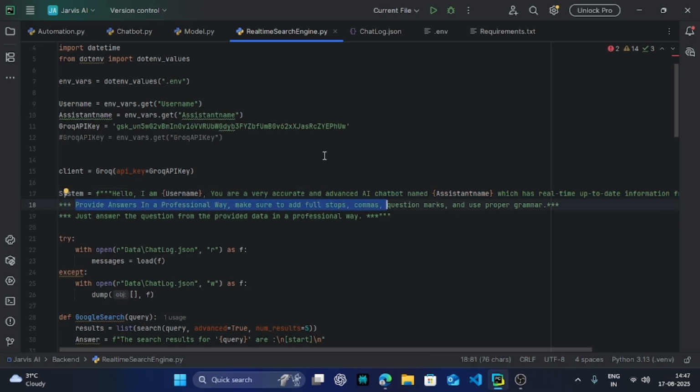We said you will provide answers in a professional way, like Perplexity or ChatGPT. We make this AI learn that I am this and you are this.